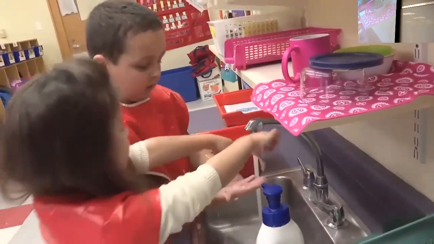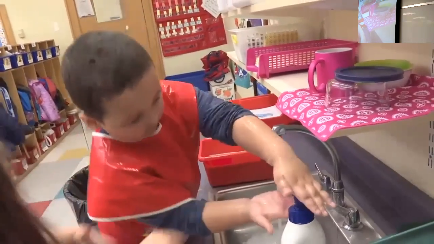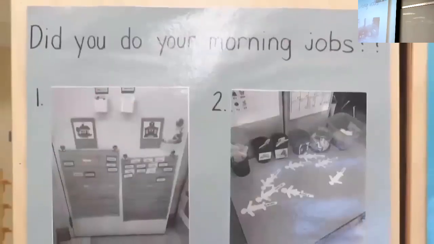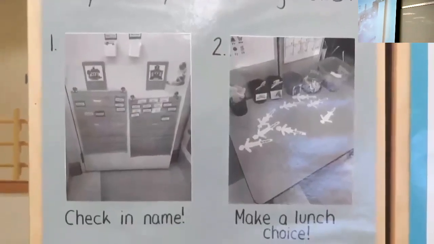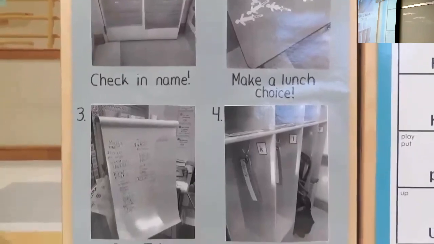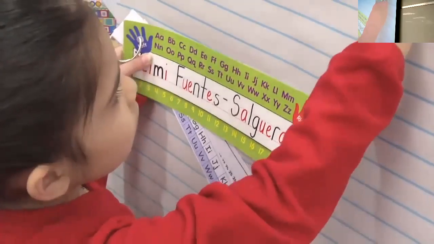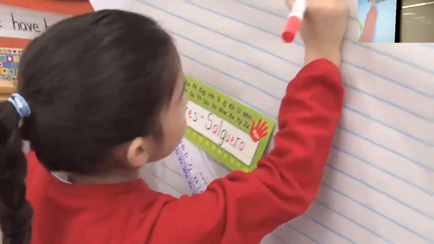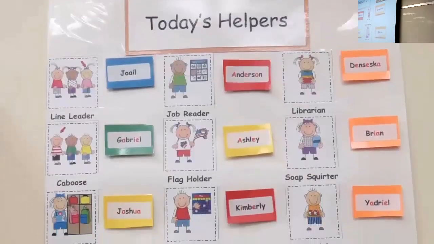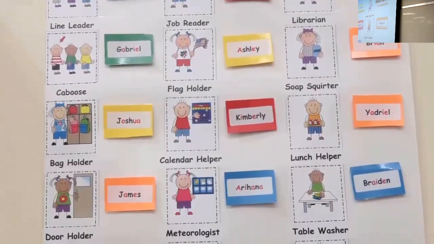I like to try to peer them, have them body model it, feel more comfortable with another child helping them. I've used picture supports through every step of the morning. I try to have a tool that helps them with whatever area they need when they're signing. They do have the option of using a name card from their cubby. If they forget their jobs, they can look at the reference chart.